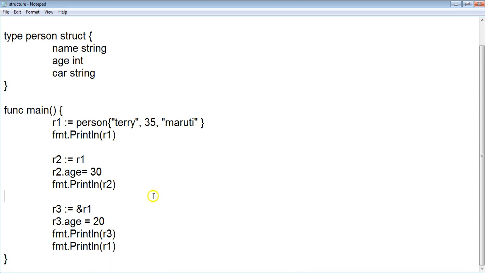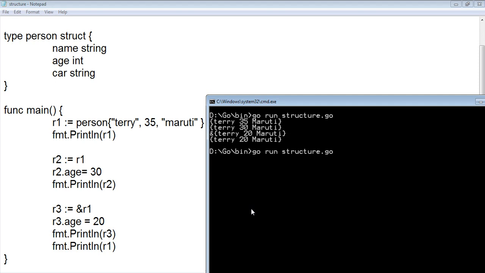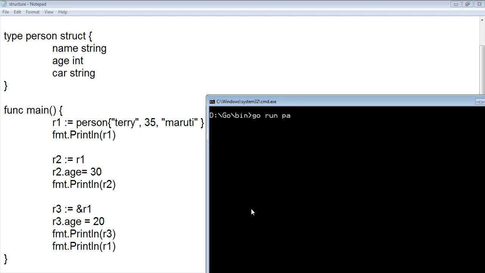Let's execute it and make it clear. I'll clear the screen so that it is easier for you to follow the execution. There are 4 outputs here. First r1 gets printed, then r2, then r3, then r1. r1 takes Terry, 35 and Maruti. That was pretty clear.